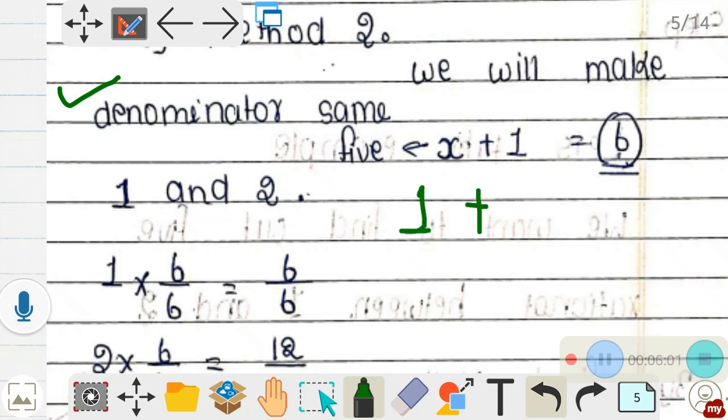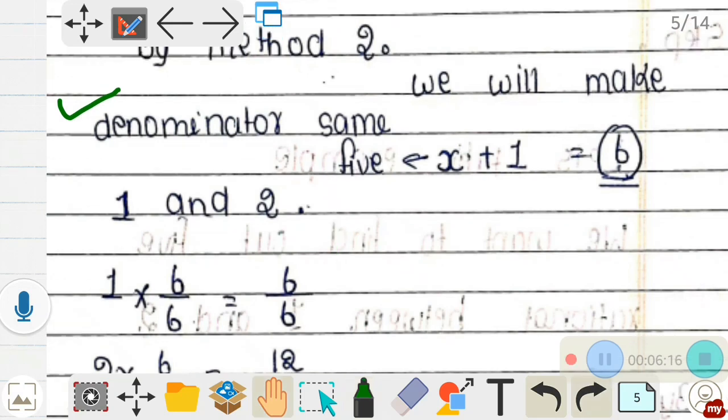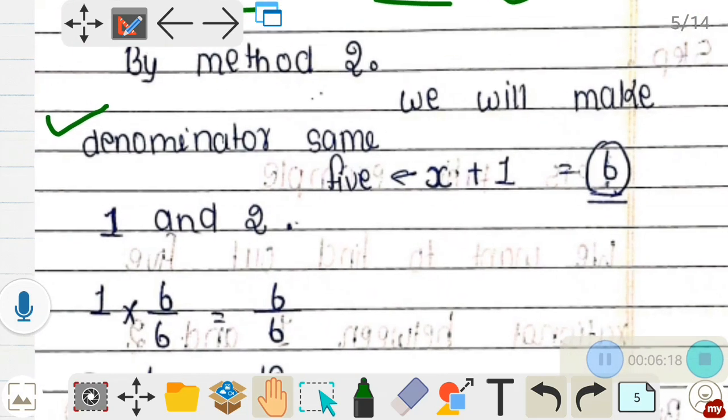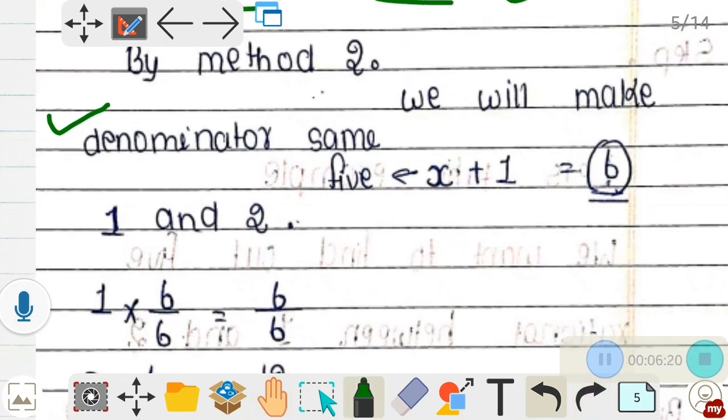And by the second method we will make the denominator the same. We all know how to make the denominator the same. We have done addition and subtraction of fractions, in which we have learned how to make the denominator the same. So let's take our previous example, in which we discussed that we want to find